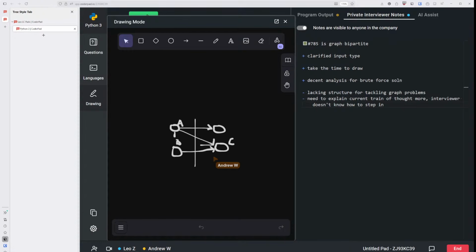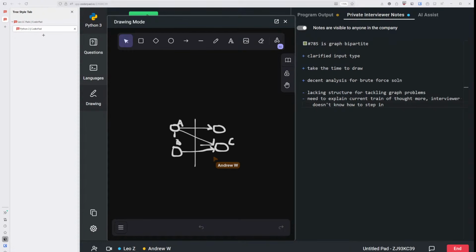And then we repeat this until we get some kind of mismatch, where putting a certain node on one side, it has a neighbor that is on the same side. So we would parse through every single neighbor, and if the neighbor already exists and is on the same side, then it fails, essentially. And that would be, I think,